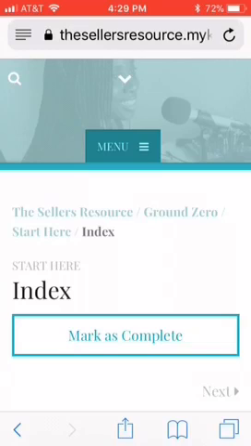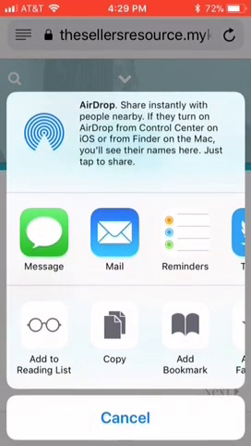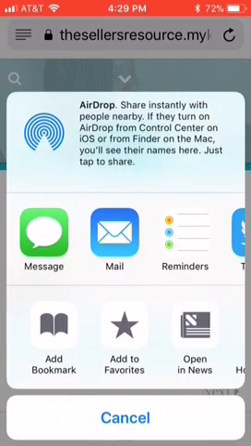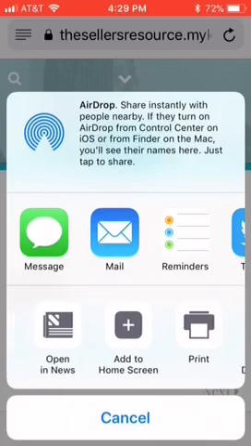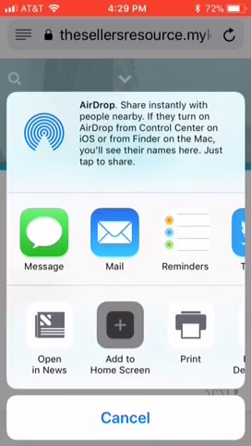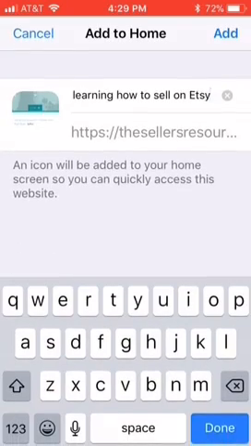And so how you do that is if you're on an iOS device, press on the box with the arrow pointing up. And then on the second row, just scroll to the right until you see Add to Home Screen, and then just press on that. And up in the top row, you can change the name of it so that you